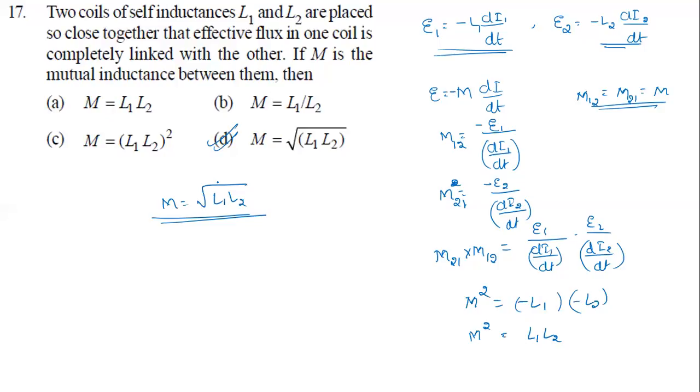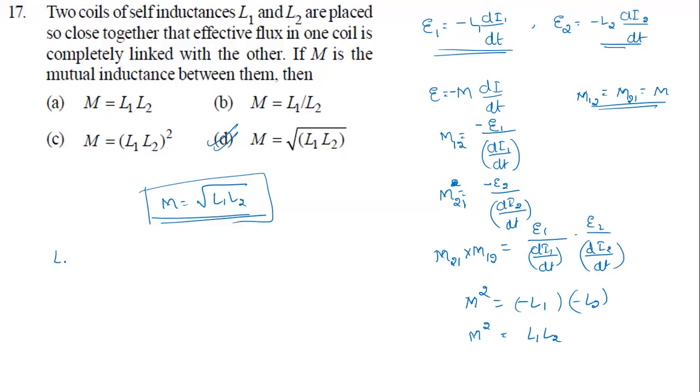There is one more concept that will come here, the coupling constant. I will not go for that, it is not required as it is. Okay, so you got to know the relation between mutual inductance and self-inductance. This is a relation between these two: M equal to root of L1 L2. So is this relation clear to all of you now? How do you get it from this formula? Or you can get it even this way also.